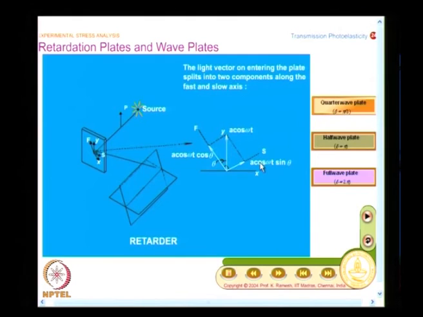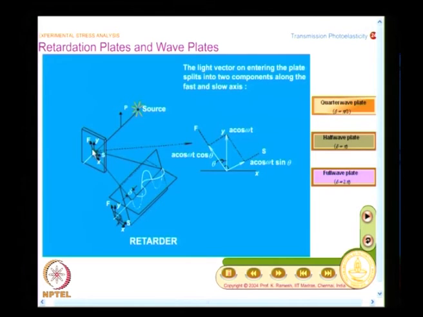We have also looked at how photoelasticity gives you sigma 1 minus sigma 2, and then it gives you the orientation theta. You have answers for that in this slide. One answer is, when I look at fast and slow axis, they could be thought of as coinciding with the sigma 1 and sigma 2 directions, and this is your theta. So, if you find out the theta, you get the principal stress direction, and we have been talking about delta, that is acquired within the crystal plate, and this delta, whatever delta you have acquired, is nothing but sigma 1 minus sigma 2.